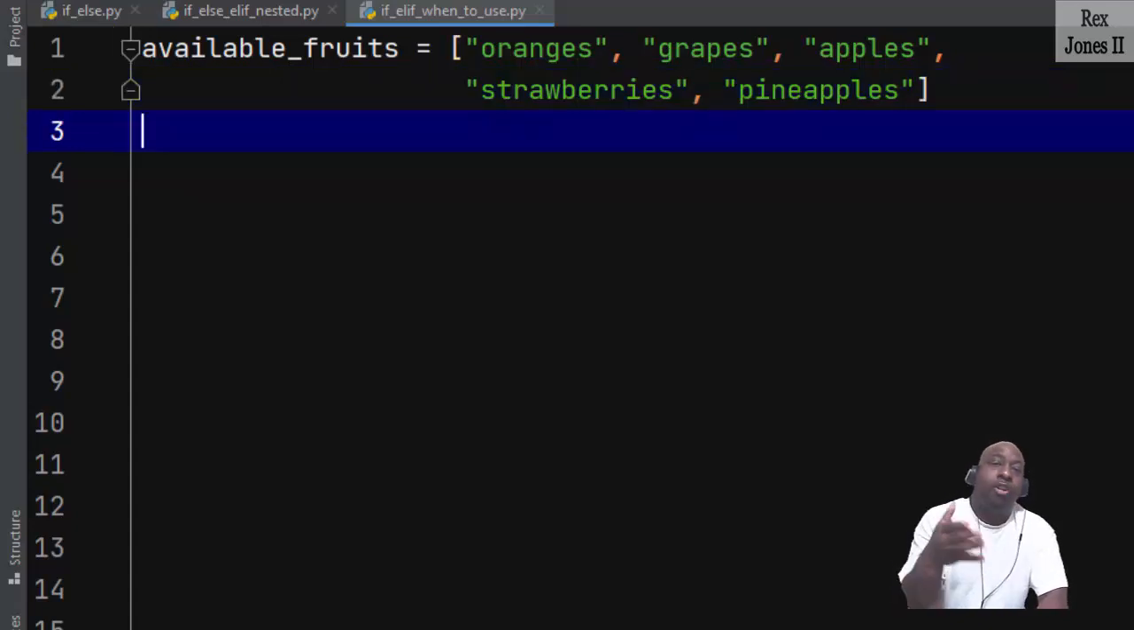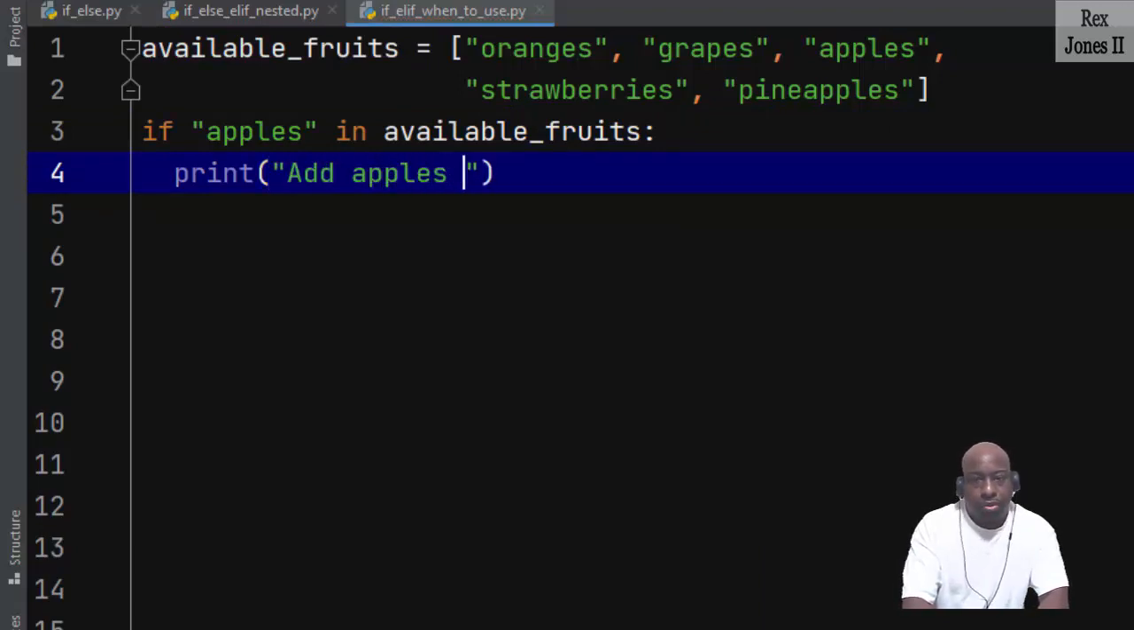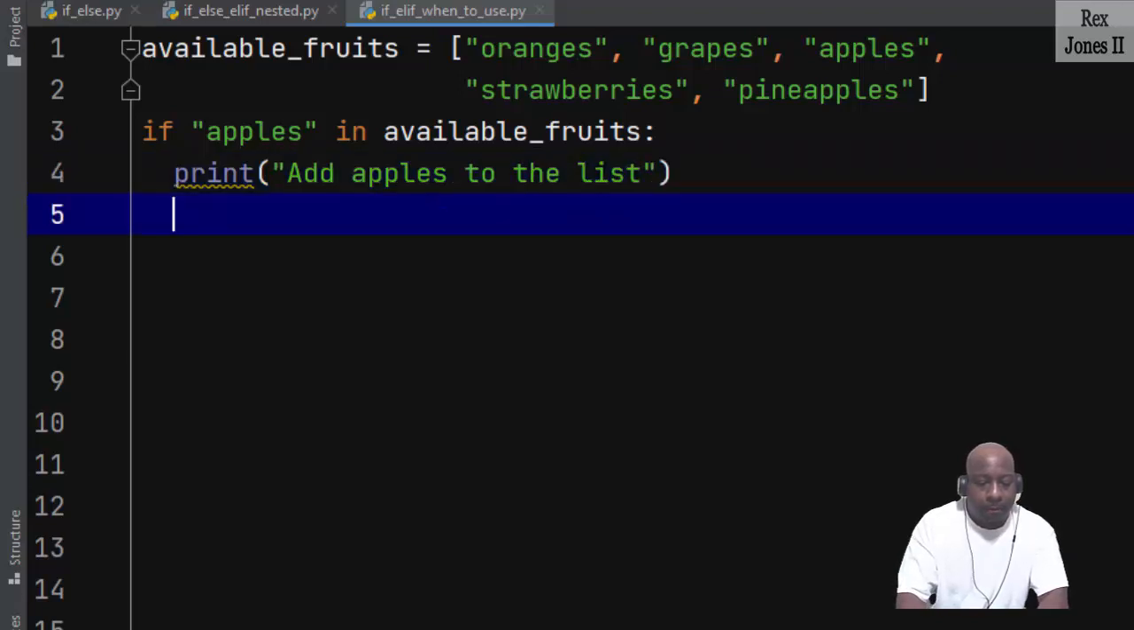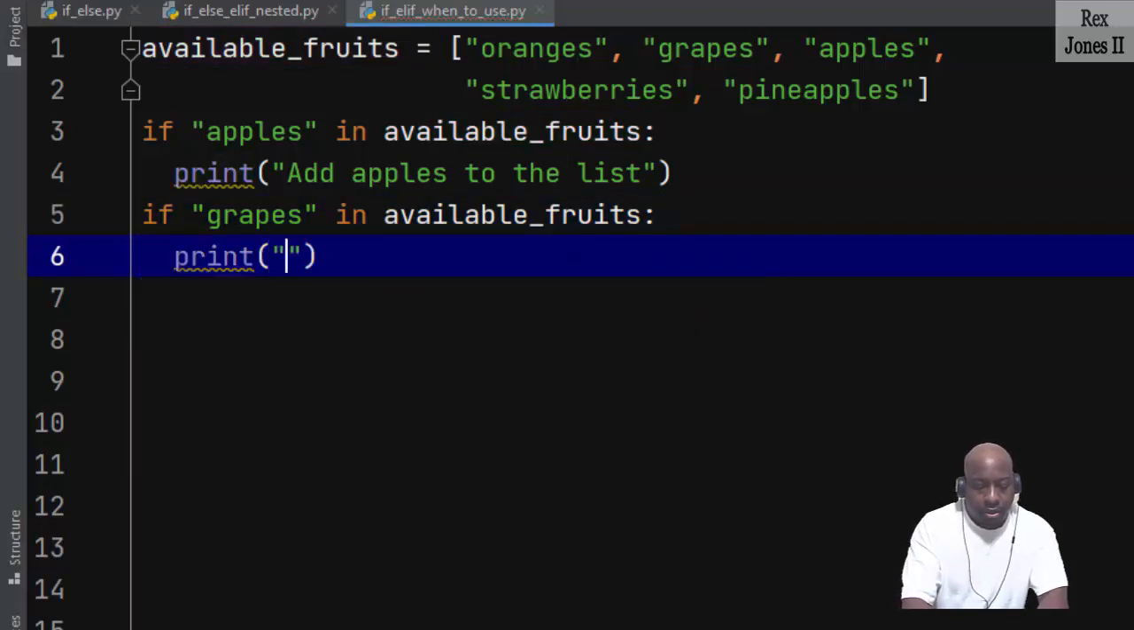Let's start with multiple if statements by writing if apples is in available fruits, put the colon, then we're going to print add apples to the list. The next print statement will be if grapes in available fruits, then we're going to print grapes, add grapes